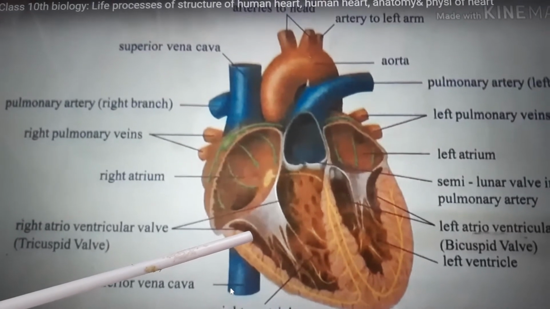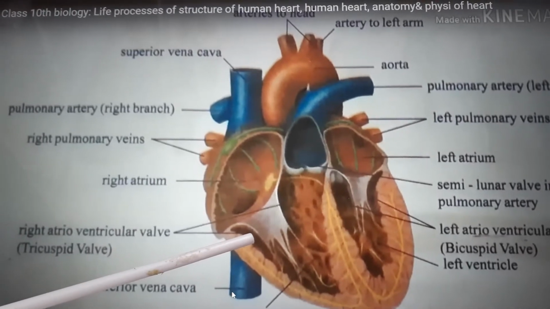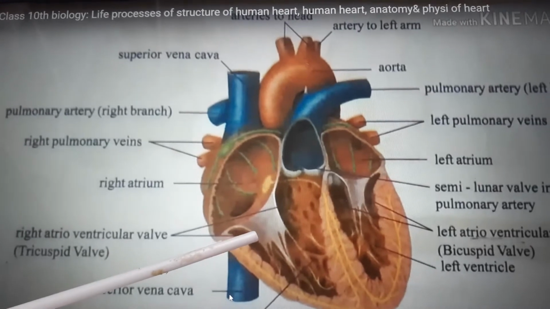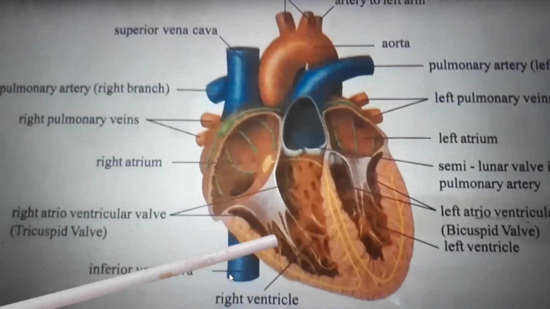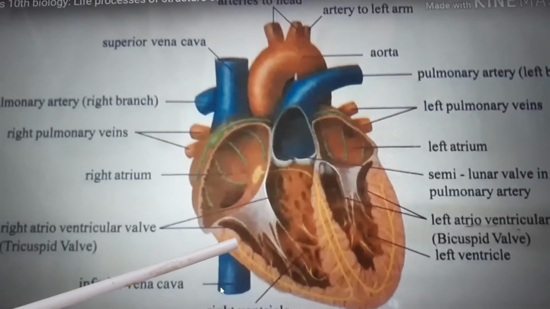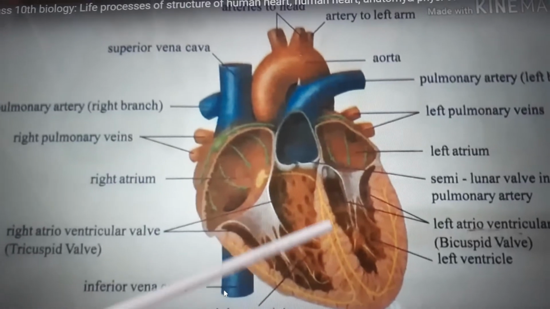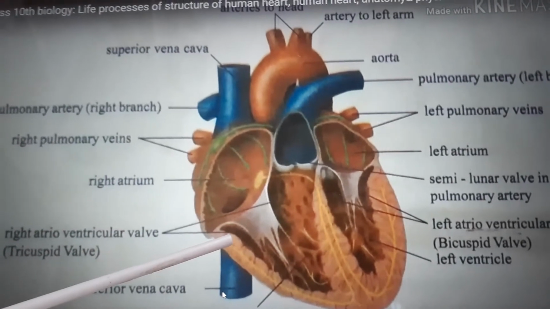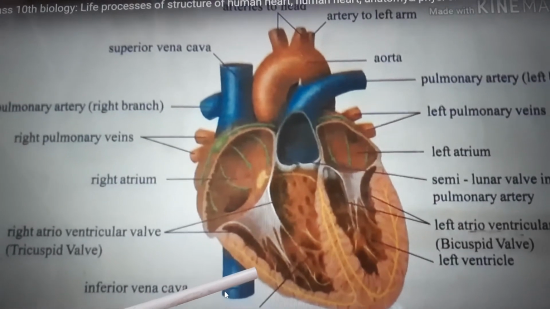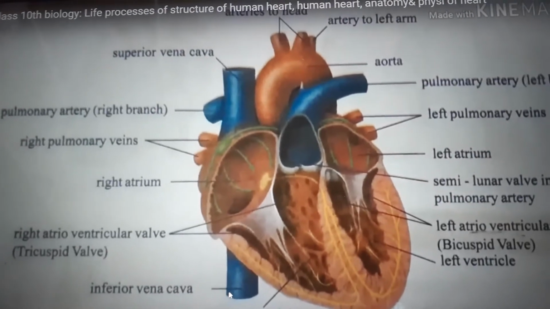and approximate length 12 centimeters, breadth 9 centimeters, and weighing about 300 grams. The heart lies in the thoracic cavity between two lungs. It rests obliquely over the diaphragm, and the heart is covered by a narrow fluid-filled membranous structure called pericardium. It helps in frictionless movement as well as provides protection from shocks.